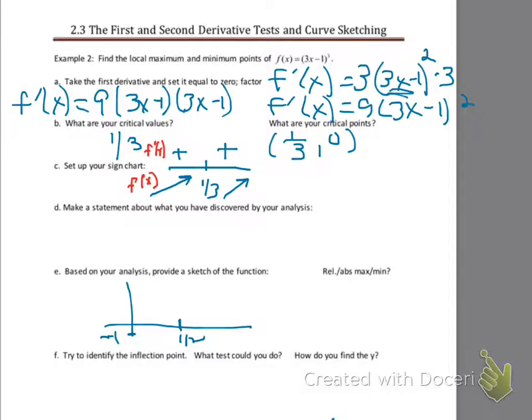And then I'm going to come here, and I'm going to level out, and then I'm going to continue up. So my slope is positive on either side. So what I would say is that at x equals 1/3, I have a shelf,